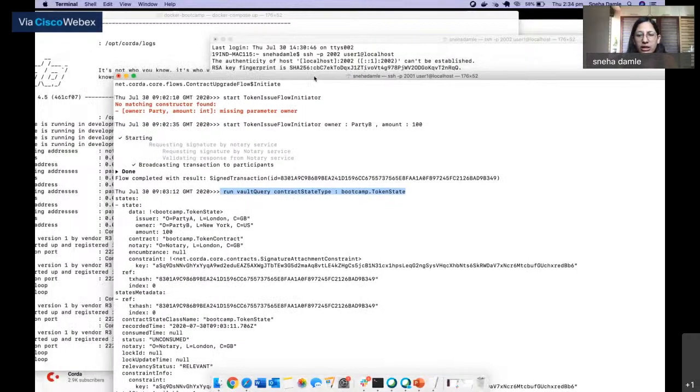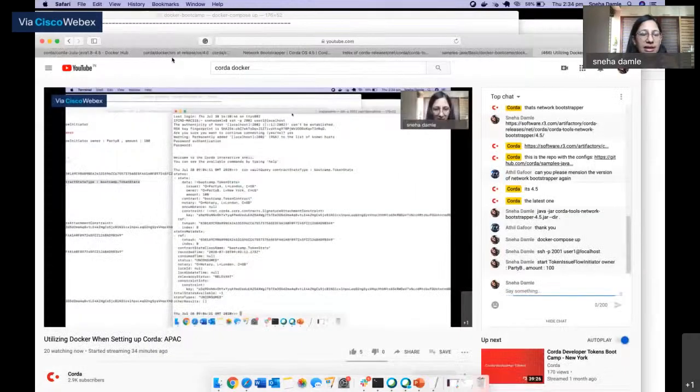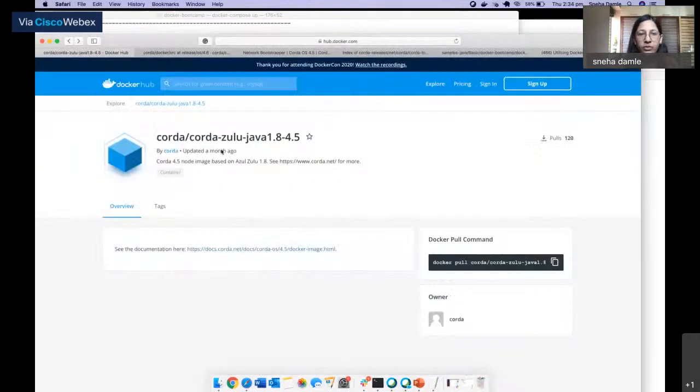So that's all about it from a local deployment perspective. Let me quickly summarize what we did. We saw how to build this Corda Docker node. This Corda Docker node has been deployed onto Docker Hub, so you can go and pull this image from there and use it in your application.